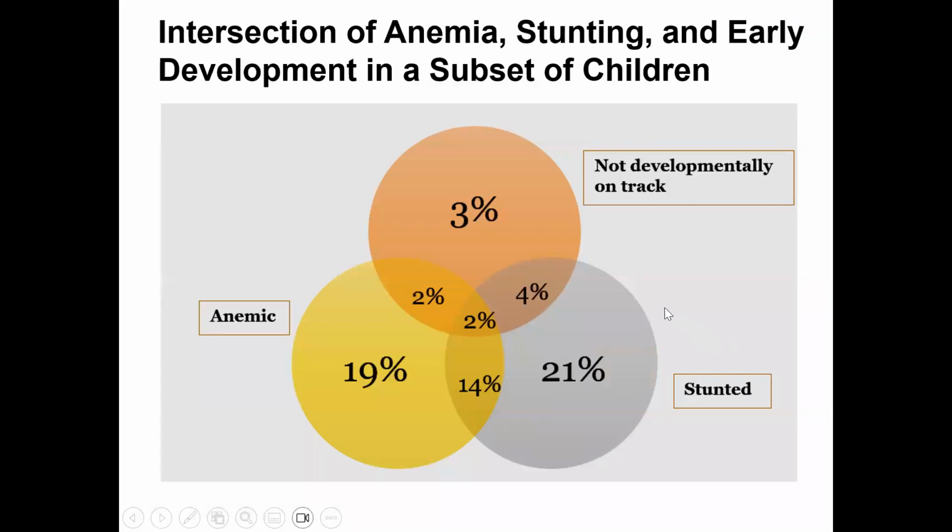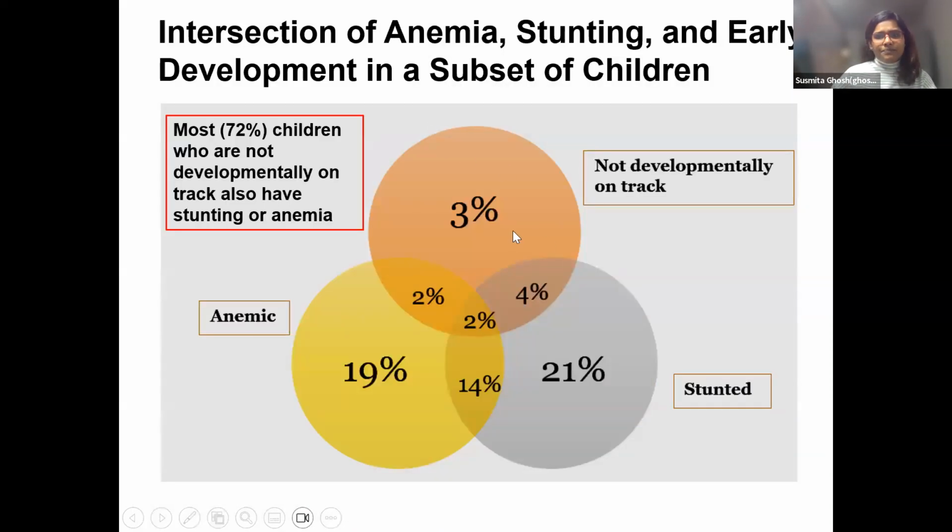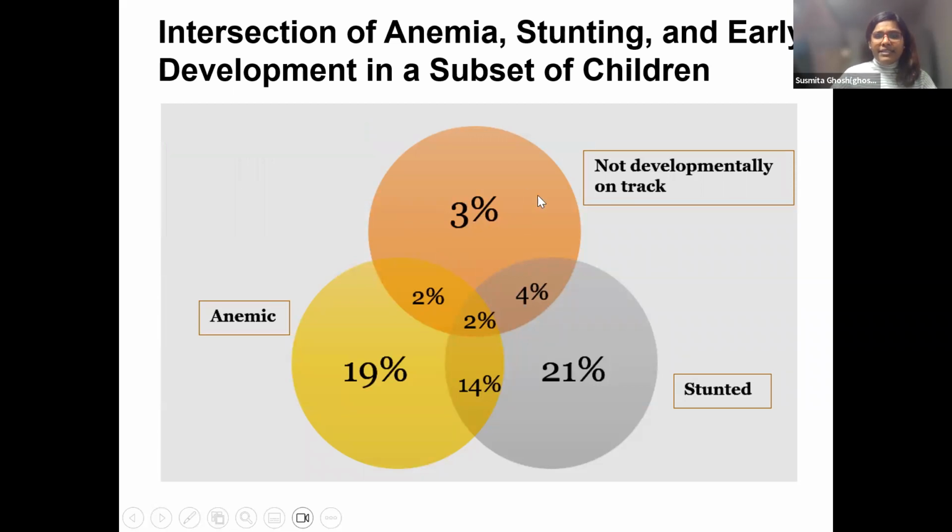So this figure, this Venn diagram, is showing the intersection of the different nutritional deficiencies, such as anemia and stunting, and early childhood development in a subset of children in Lao PDR. You can see that 11% of the children are not developmentally on track, and among these 11% of children, 8% either have